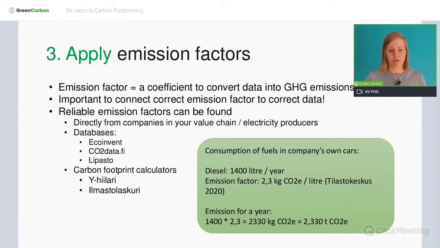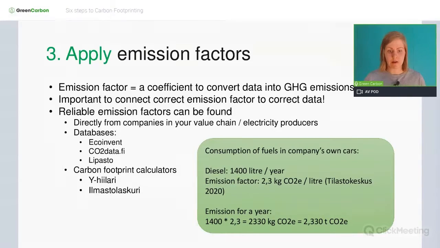I took the emission factor from Tilastokeskus, which is Statistics Finland, so it's a reliable source for emission factor information. It's 2.5 kilograms CO2 equivalent per liter of diesel. So we just multiply these numbers, and the result is